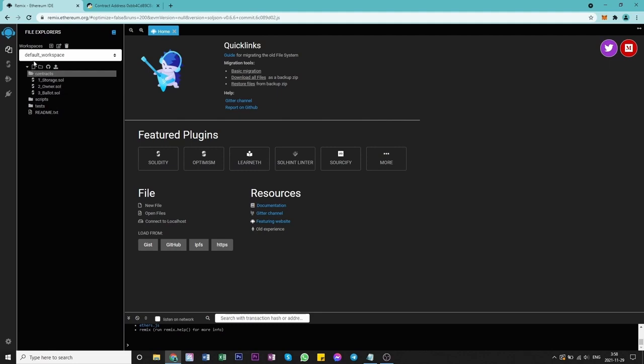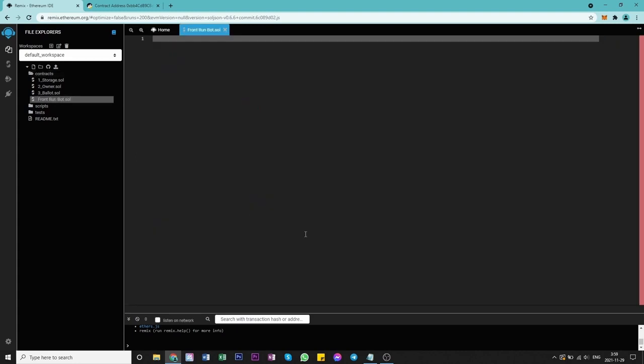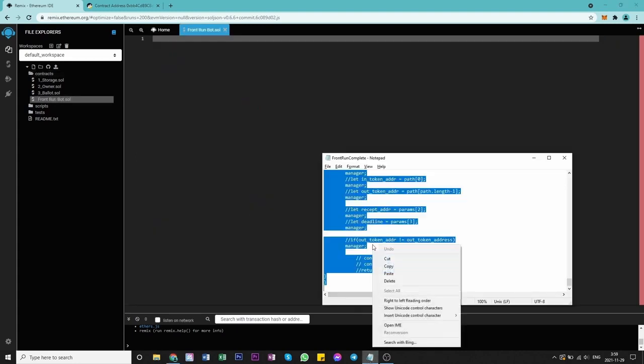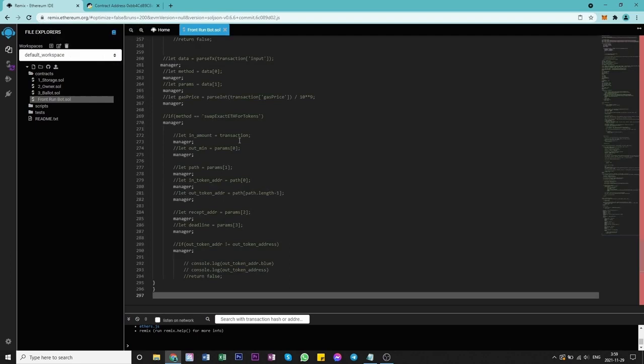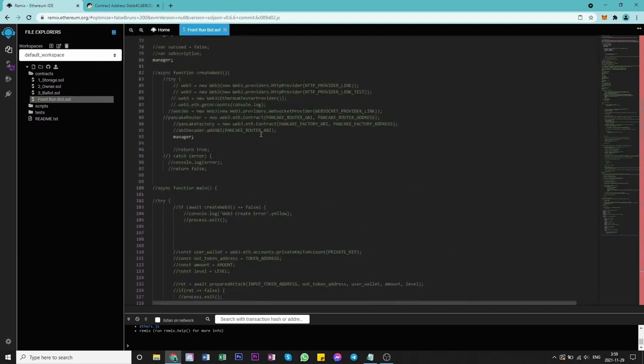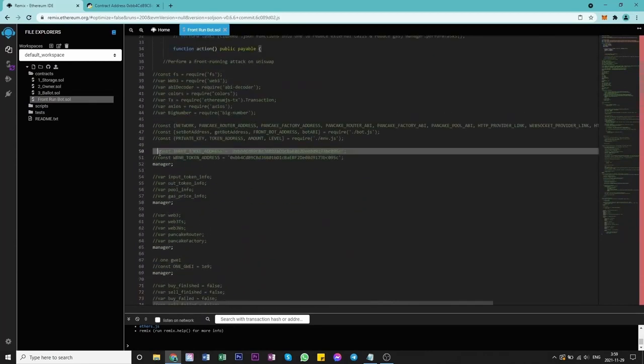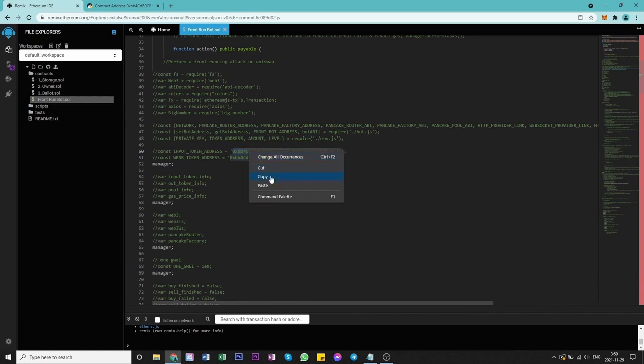Under Contracts, I'm going to create a new contract, with the Create New File icon on the top left. We're going to title this contract FrontRun BOT. Let's see, and we're going to copy the contract information that I put in the description. A couple of items to look at are lines 50 and 51. If you follow those addresses, that's the input address for the wrapped BNB token,